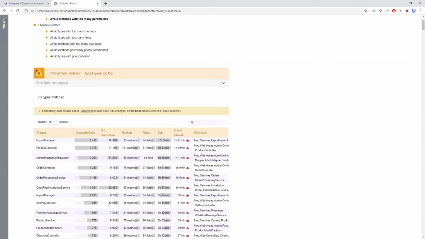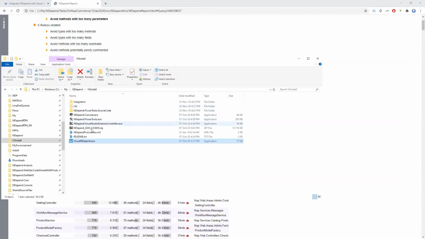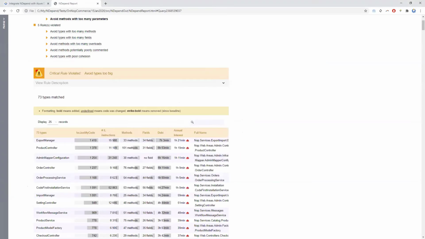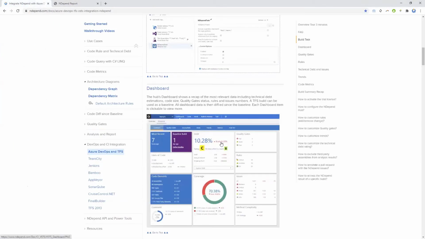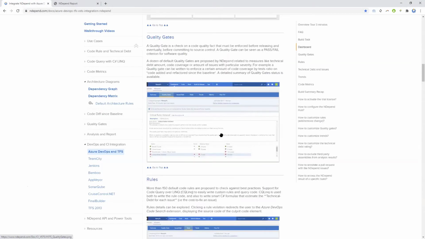For that you can use NDepend.Console.exe. You also have something I didn't detail: some power tools, because NDepend has an API. You can automate a lot of things and target the NDepend API. So basically, you can run NDepend in Visual Studio, in Visual NDepend as we saw, which is the standalone, in your build process with NDepend.Console.exe to generate this report, and in Azure DevOps to have this kind of dashboard where everything is clickable, and then you can get a lot of information.